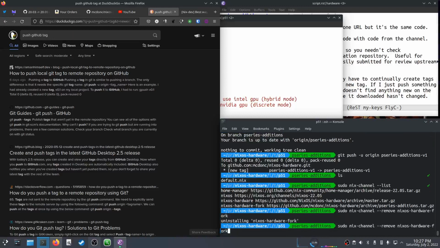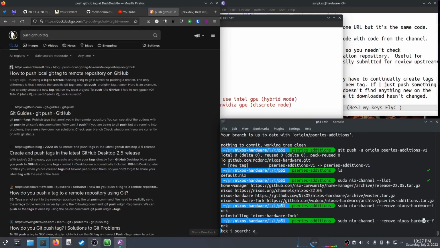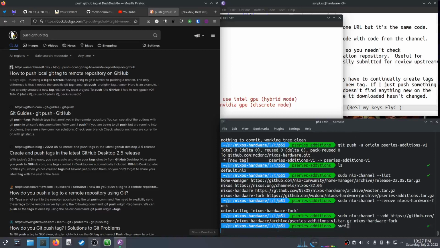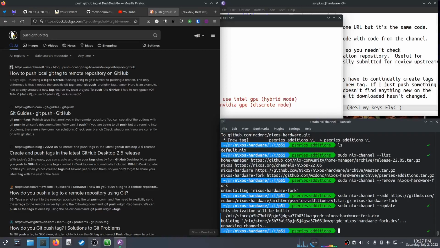Then we do add P series additions v1. That becomes our nixos-hardware fork. Now I have to do nix-channel update. And now if I do Swinix,